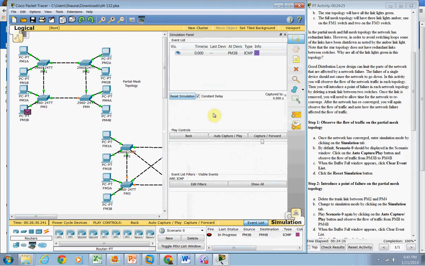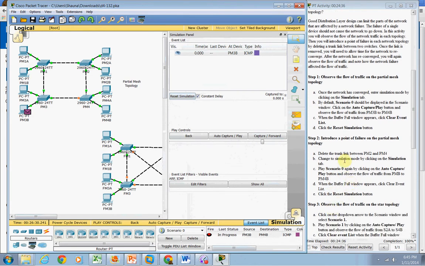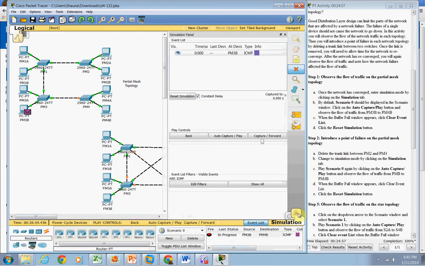Alright, and then we're going to introduce a point of failure on the partial mesh topology. So we're going to delete the trunk link between PM2 and PM4. So we're going to delete this trunk link right here. Okay, and then change to, oh, I suppose I'm supposed to go into real time to do that. Okay, well, anyway. Change to simulation mode, play scenario 0 again,